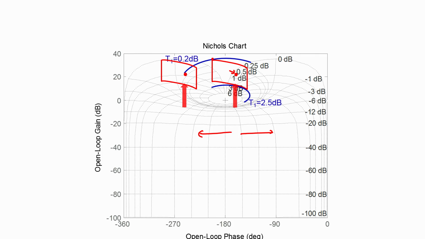So in this case we have employed this software and determined the locations on which the nominal loop gain has to lie in order for the difference between T1 upper and T1 lower in the logarithmic scale to be exactly equal to 2.3 dB. So now if the loop gain is chosen to be above the region that has been demarcated by this red curve, we would notice that the variation in the transmission function would be less than 2.3 dB. On the other hand, if the loop gain were to be in the region that is below this red curve, then the variation in the transmission function would be greater than 2.3 dB.